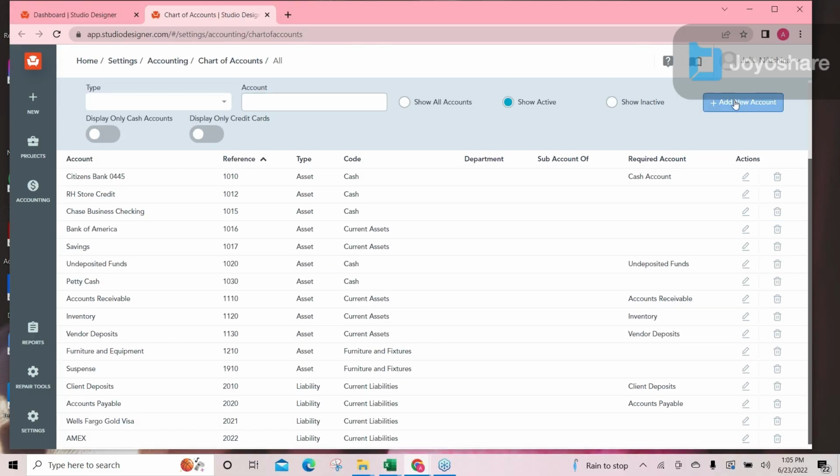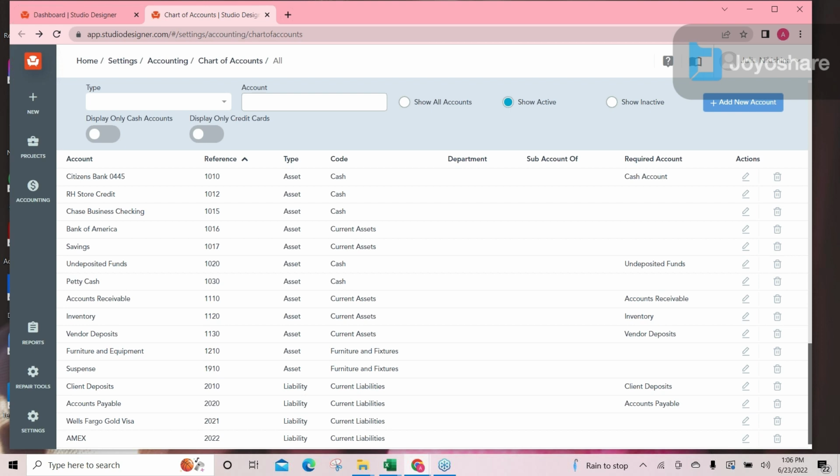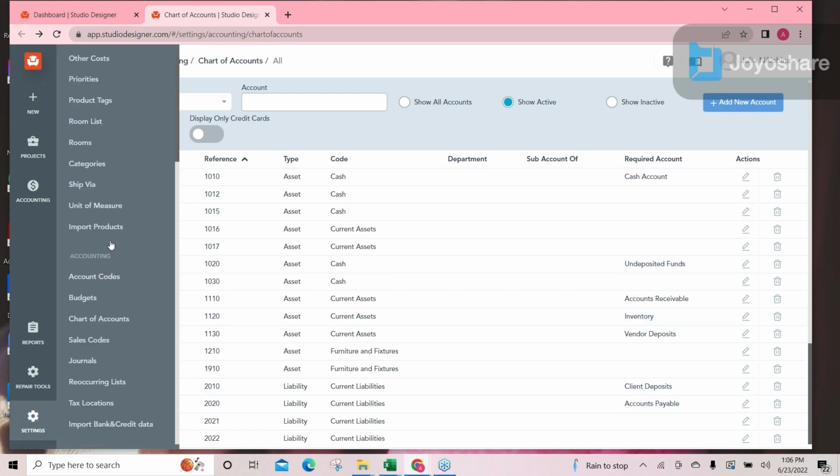Another thing to note is when you're adding cash accounts, always make sure you're selecting this box as a cash account, or if you're adding a credit card, always select this box for credit cards. The chart of accounts is important also when you are reviewing your sales codes. So if we go back into your settings and go back to sales codes,